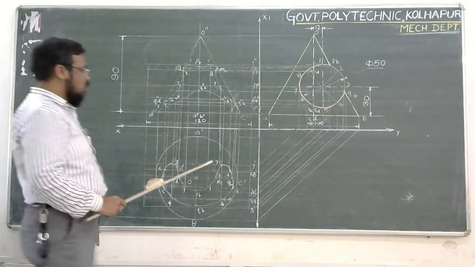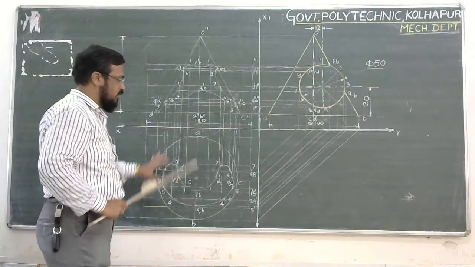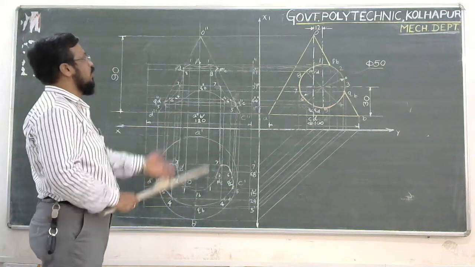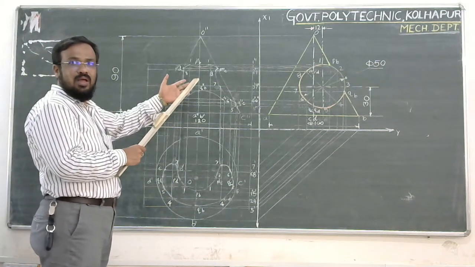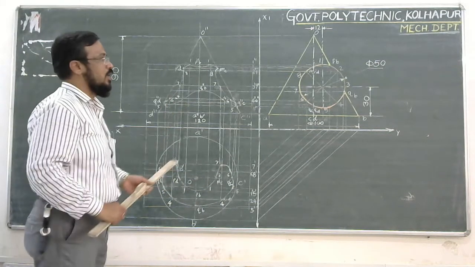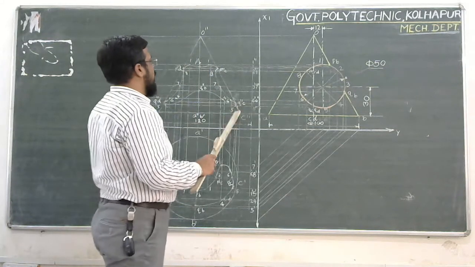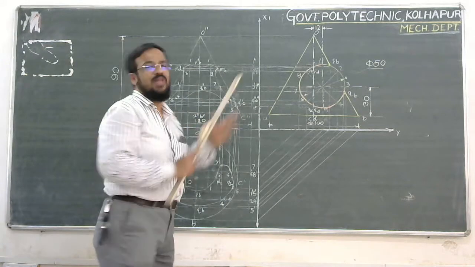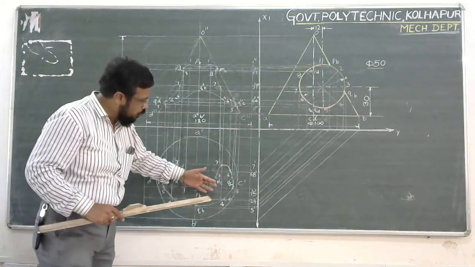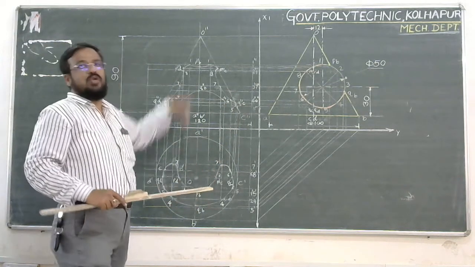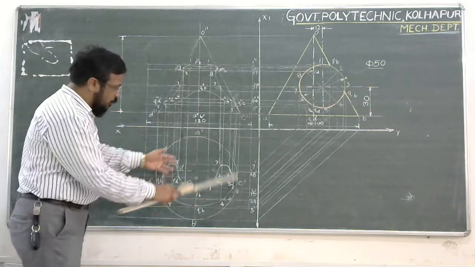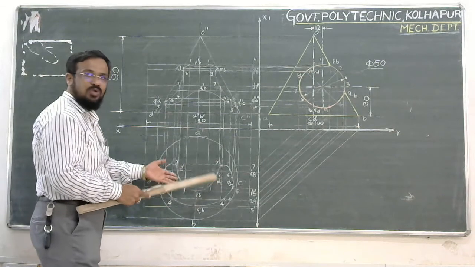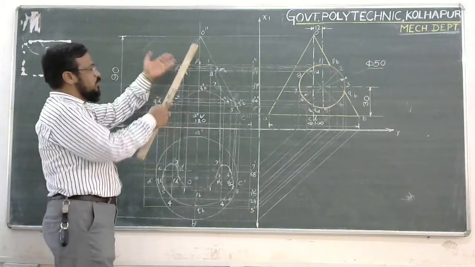Now we have just drawn the skeleton, joining it with the help of thin lines in the top view. Now the point of interest is to complete the front view. The front view I have already discussed: of the cone in the form of a triangle, and of the cylinder in the form of a rectangle. Now the point is to project these intersecting points into the front view. Whatever points we have drawn here, all those cutting points, we call them intersecting points, and we need to project them upwards.